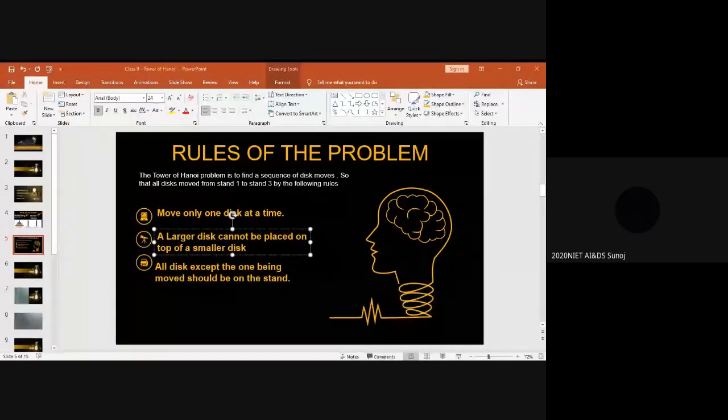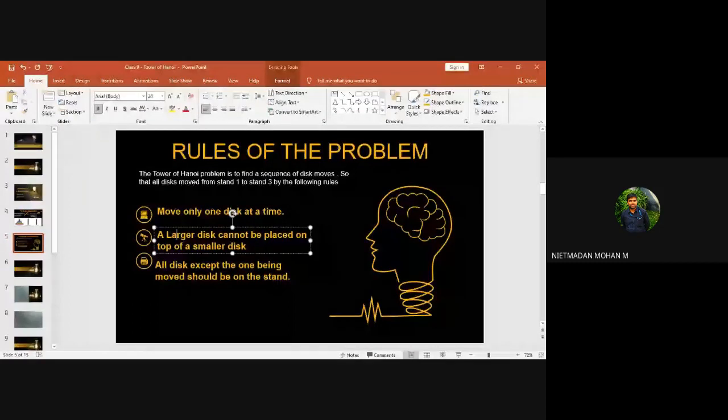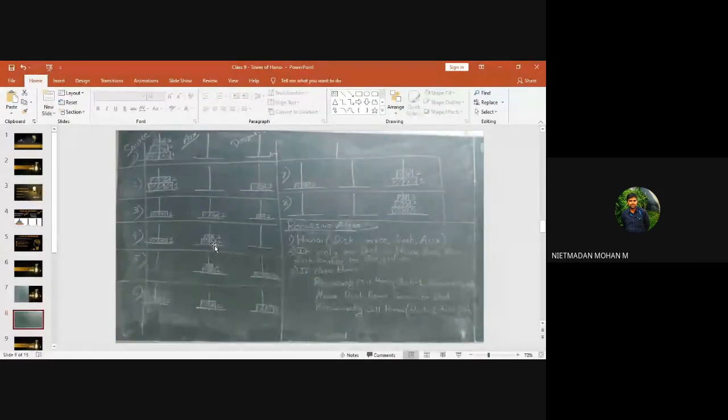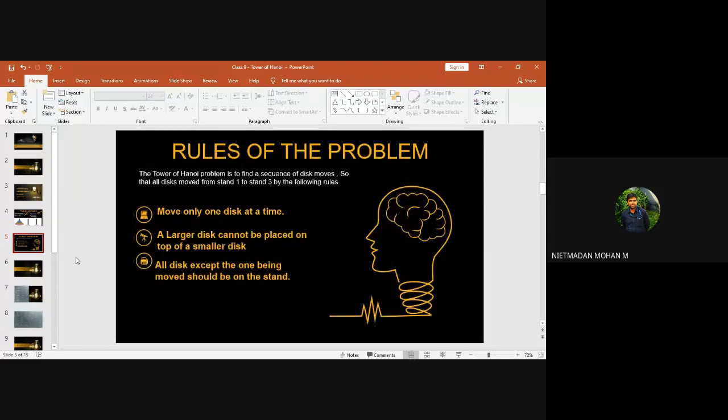Okay. So this is the condition. You can see here, if you are going with step 4, I am placing 3 on top of 2. It is correct. If I am placing 3 on top of 2, 2 on top of 3 will not be acceptable. So that was the second condition: the smaller disk must be on top, and the larger disk must be at the lower level. Fine.